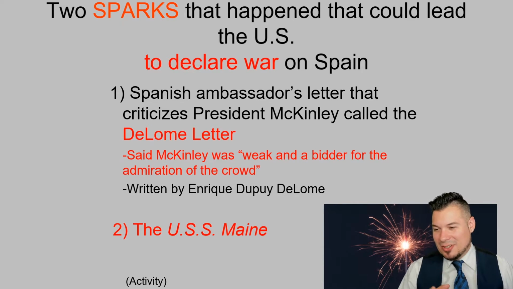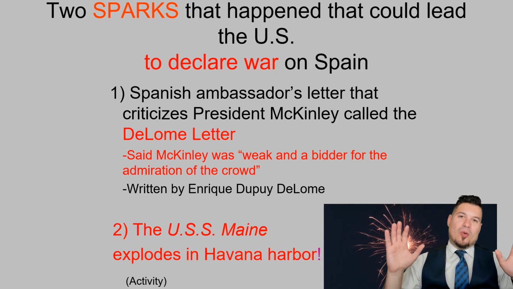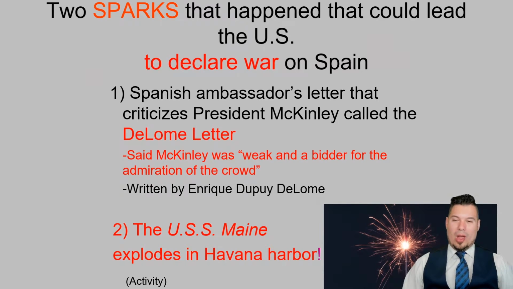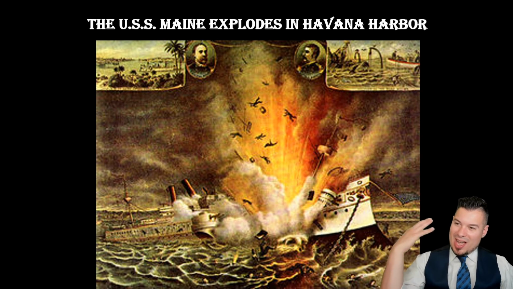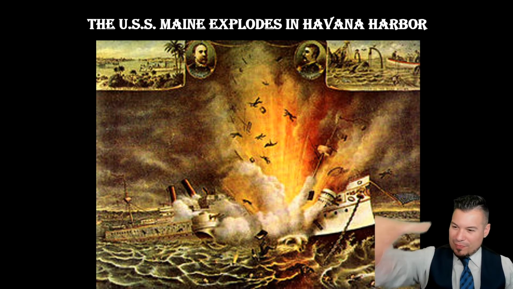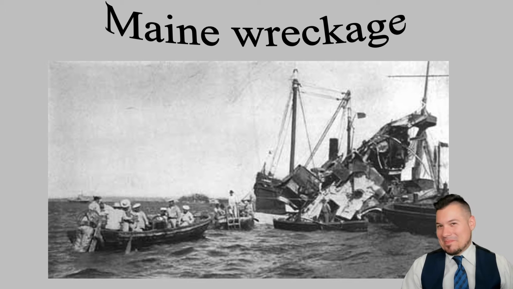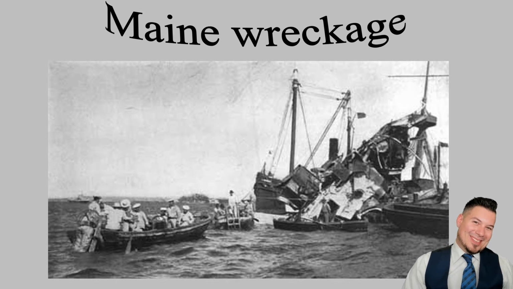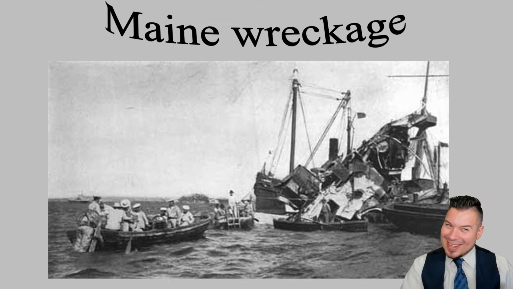The second is the U.S.S. Maine explodes in Havana Harbor. Oh, this is craziness. Again, you see how this explosion, you have people flying in the air, this is unbelievable. Yellow journalism. It was really like this. This is a real photo. See? Yellow journalism, huh? Taking a little bit of truth and exaggerating it just a little bit.